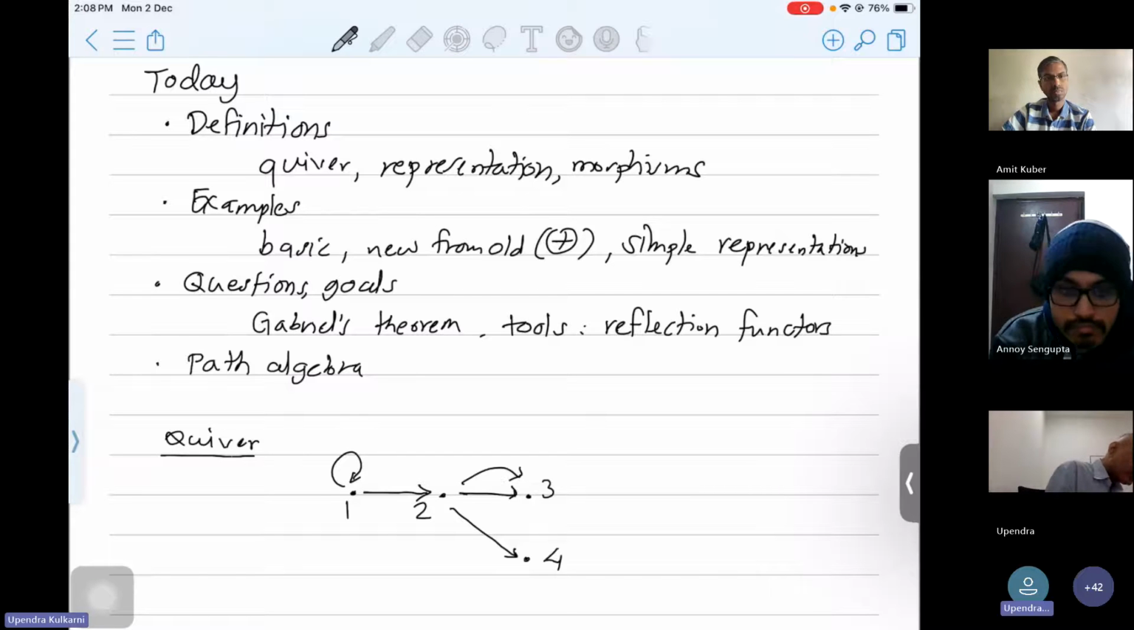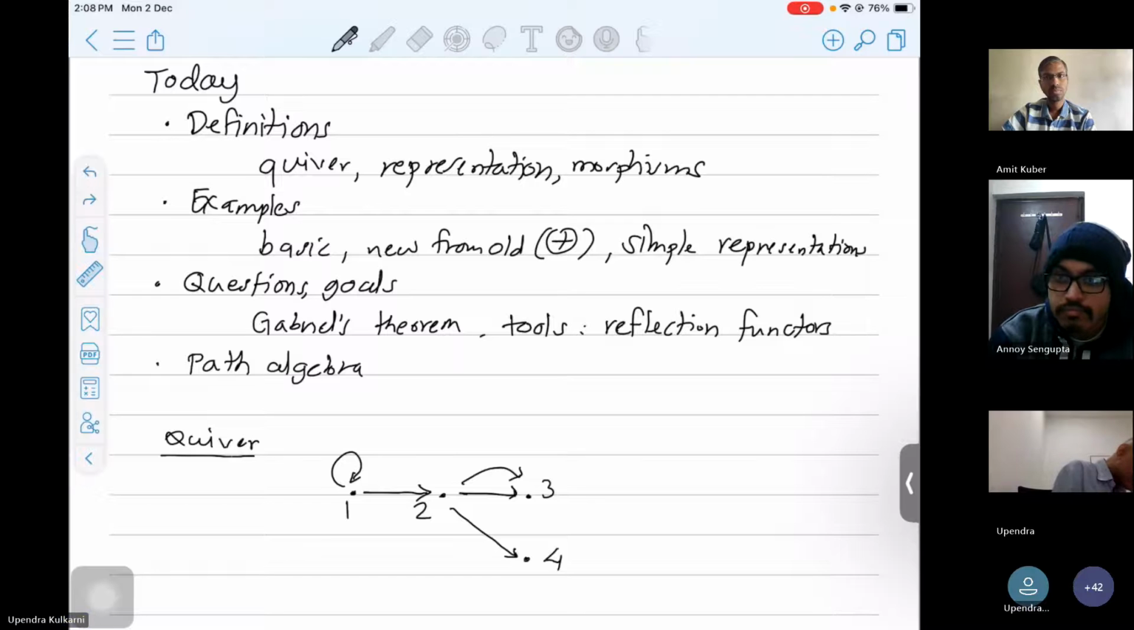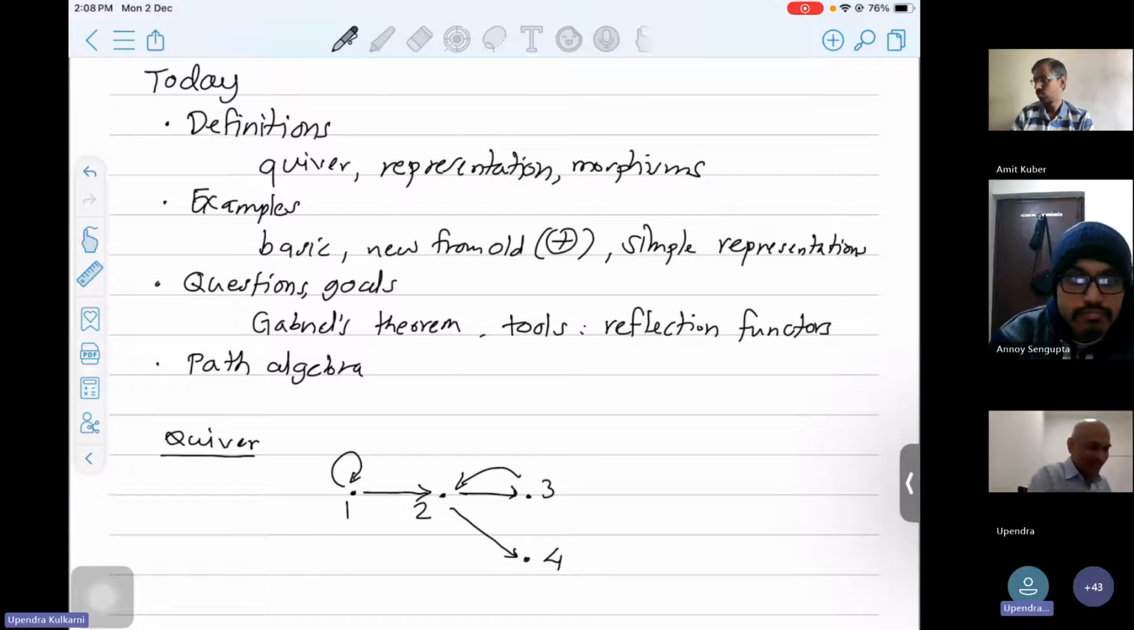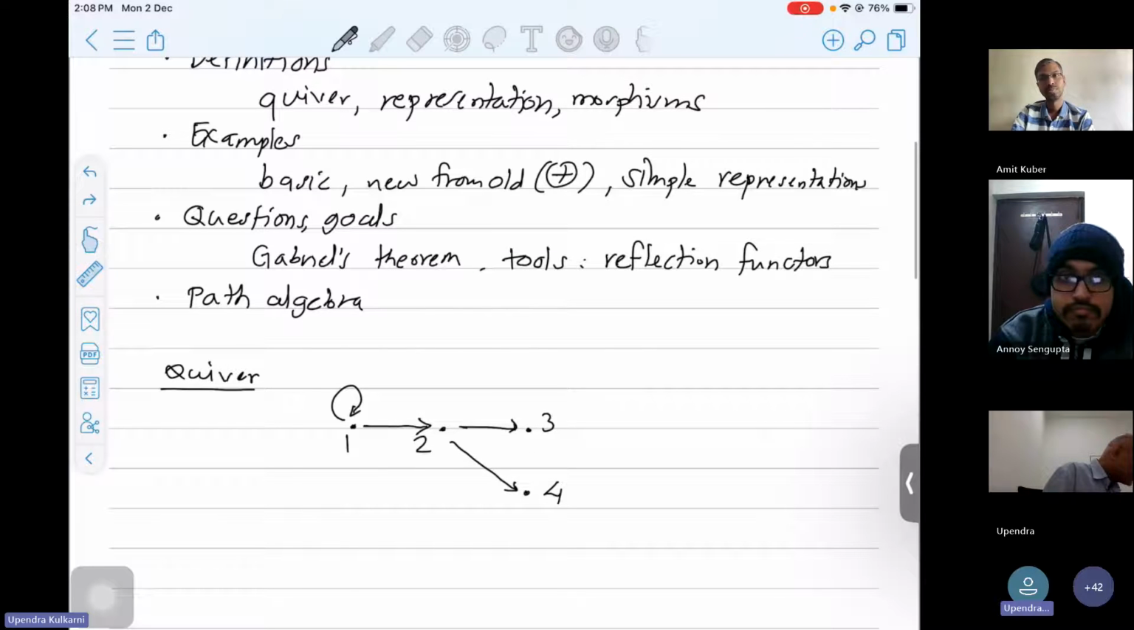This is allowed. This is allowed. Anything is really allowed. I mean, it's a graph. It's a directed graph. That's all. So nothing particularly exciting over here. What is more exciting is